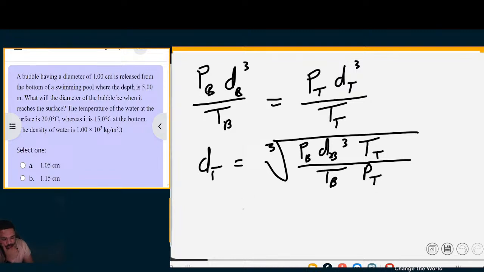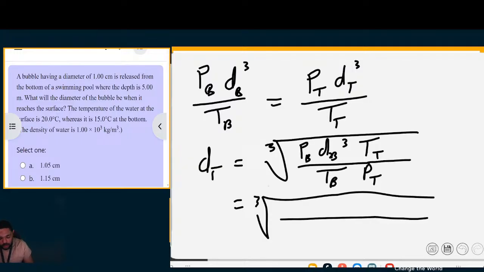Okay, now of course that is a cube of the diameter, or you can write it there, or you can take it outside. Let's just leave it where it is right now. The cube root of that would be the pressure at the bottom. What was the pressure at the bottom? It's the pressure that we worked out. It's 1.503 times 10 to the 5 Pascal,